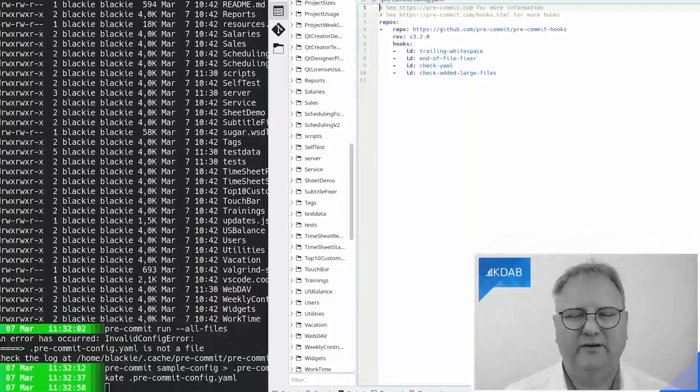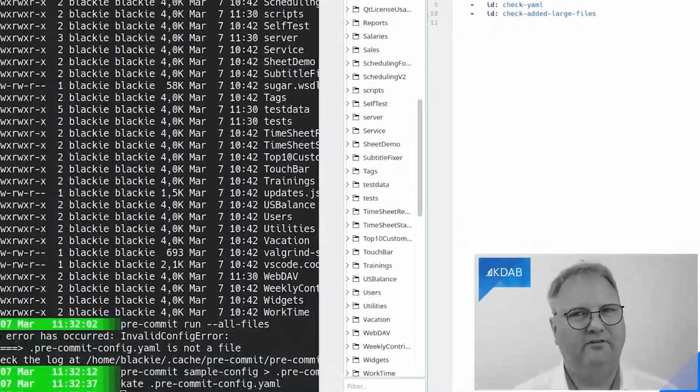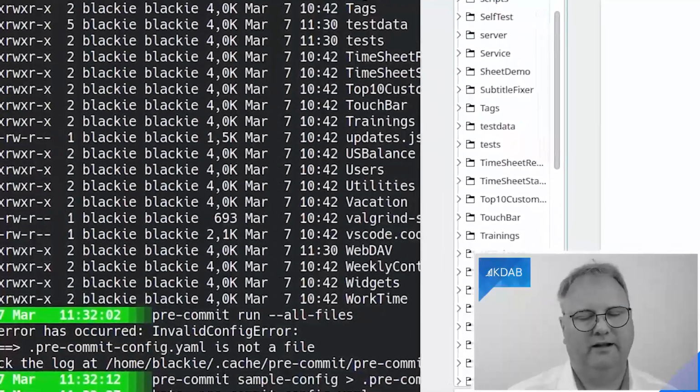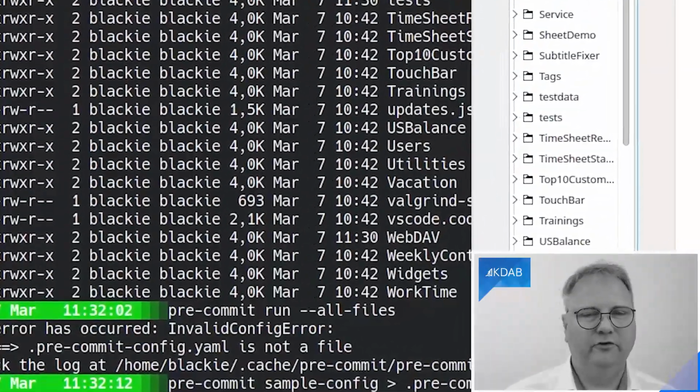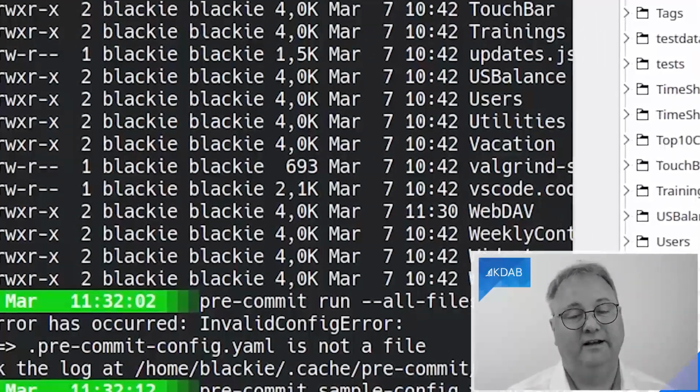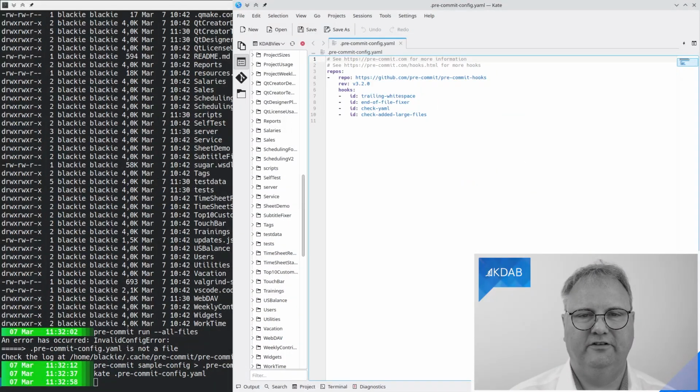I don't know what I did wrong when I did my git commit previously. When you watch this episode, you would likely have noticed that because I actually did manage to nuke my pre-commit file, but fortunately I hadn't modified it at all, so that's not the end of the world.